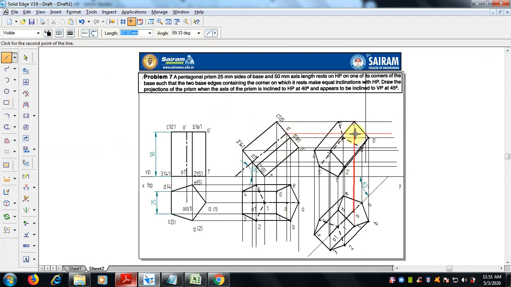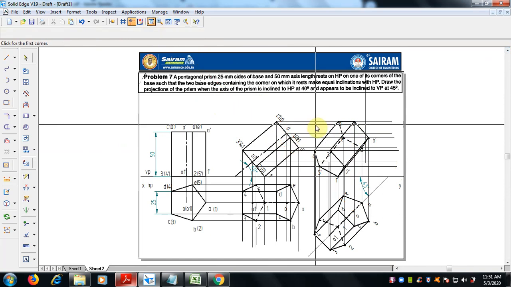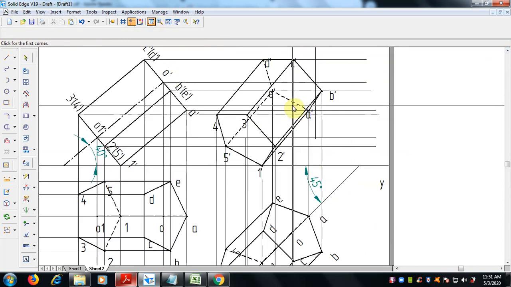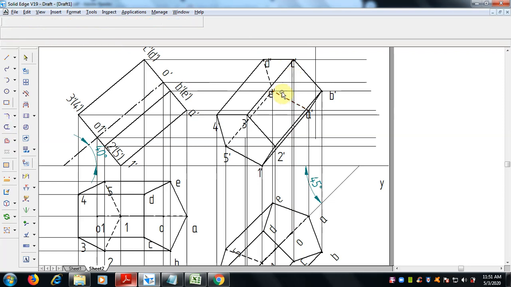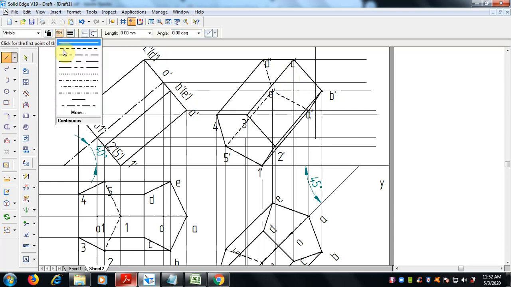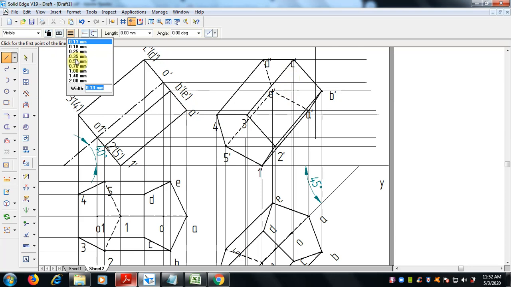This goes with this. Okay, just draw, trim this. Okay, so draw the center line, 0.5 mm thickness, and end point to this.